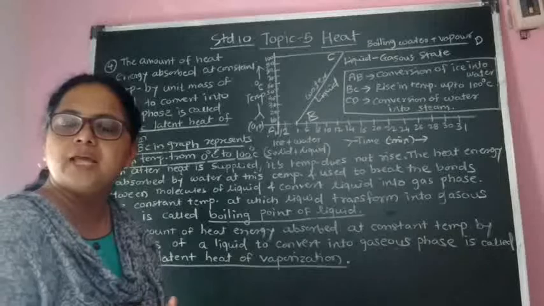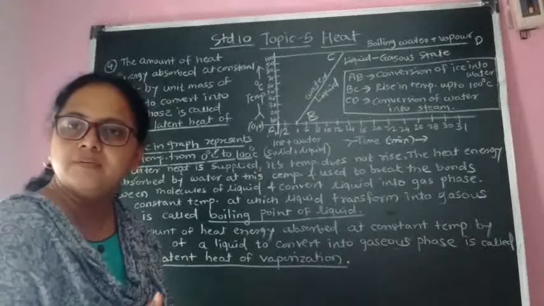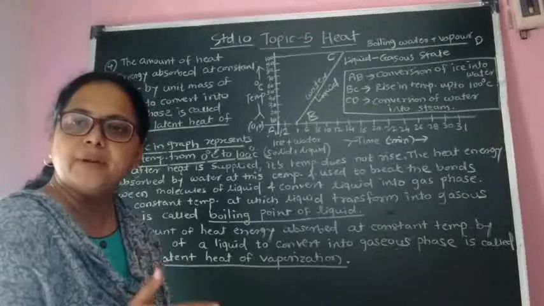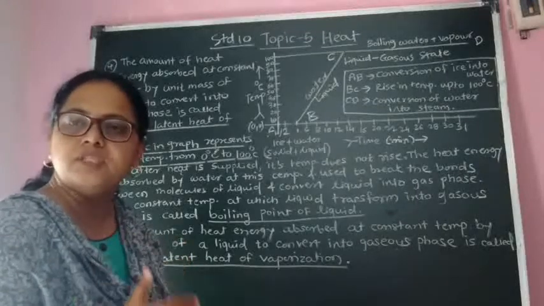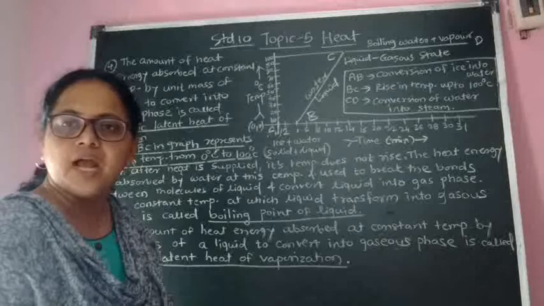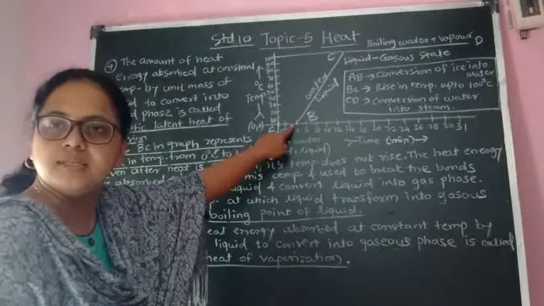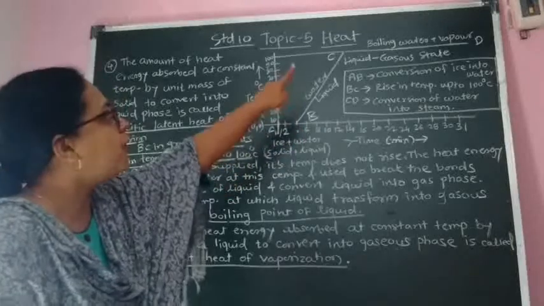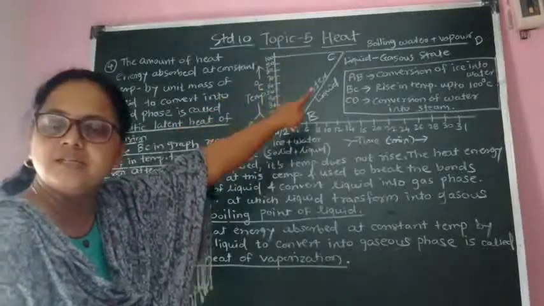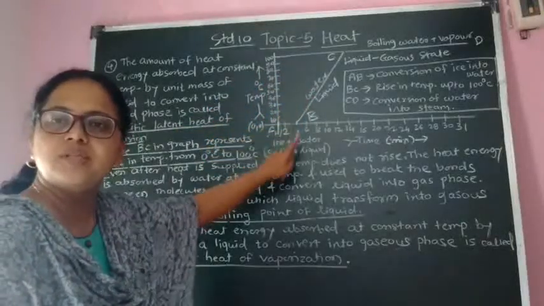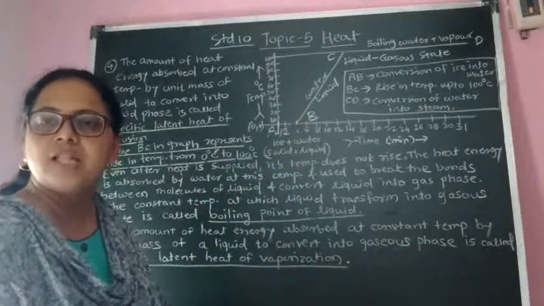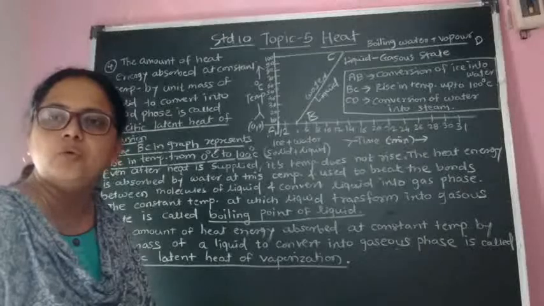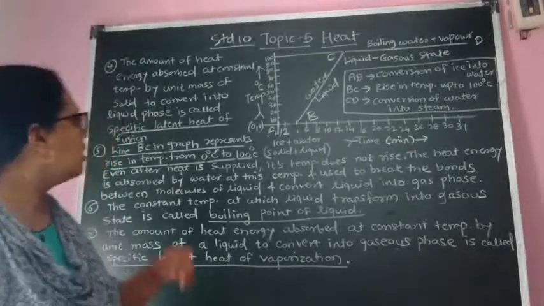That is, when we supply the heat, first the ice melts, and after further heating, the temperature of the water rises from 0 to 100 degrees Celsius, and it is represented by the line BC. You can see point B is present at 0 degrees Celsius and point C is present at 100 degrees Celsius. That is, the thermometer shows a rise in temperature. So line BC in the graph represents the rise in temperature from 0 degrees to 100 degrees Celsius.